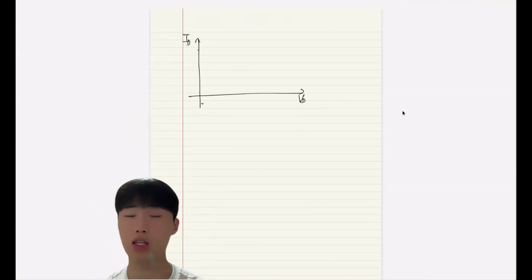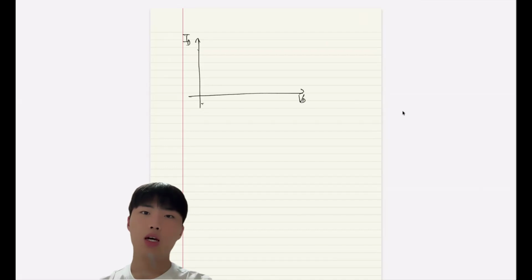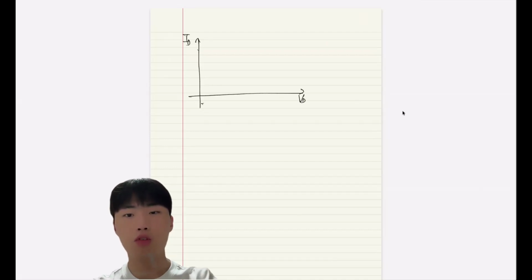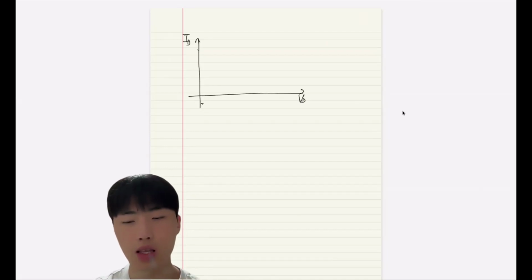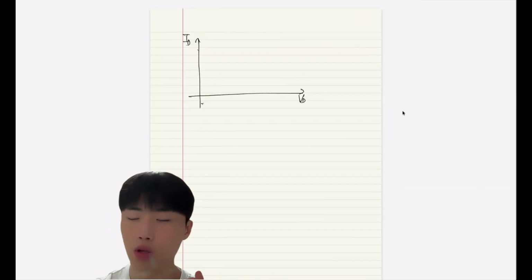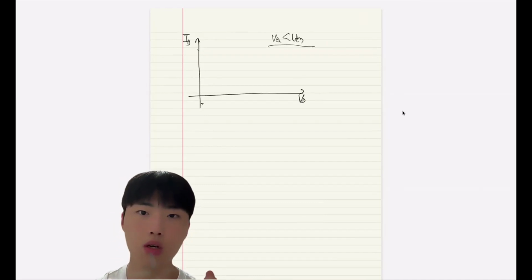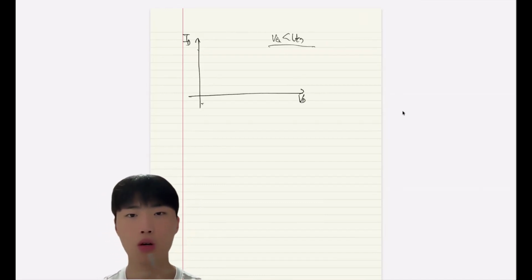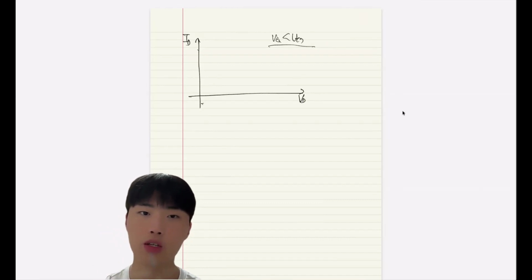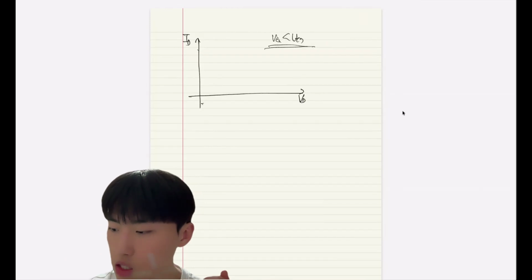So this is the ID-VD curve, but you have to remember that the gate bias should be bigger than the threshold voltage. If the gate bias is smaller than the threshold voltage, there should not be any channel on the surface. So in this condition,